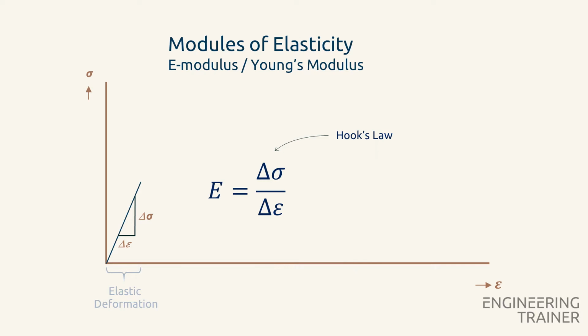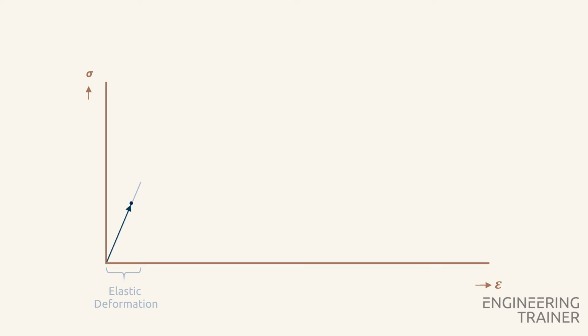This E modulus forms the stiffness of the material, as it tells us how much stress is required to stretch a material a certain amount. In this elastic region, only elastic deformation takes place. This means that for a given force, the beam is stretched, and if the force is removed, the length of the beam is reduced back to its original value. So we again end up at the origin of the plot and no permanent deformation has taken place.